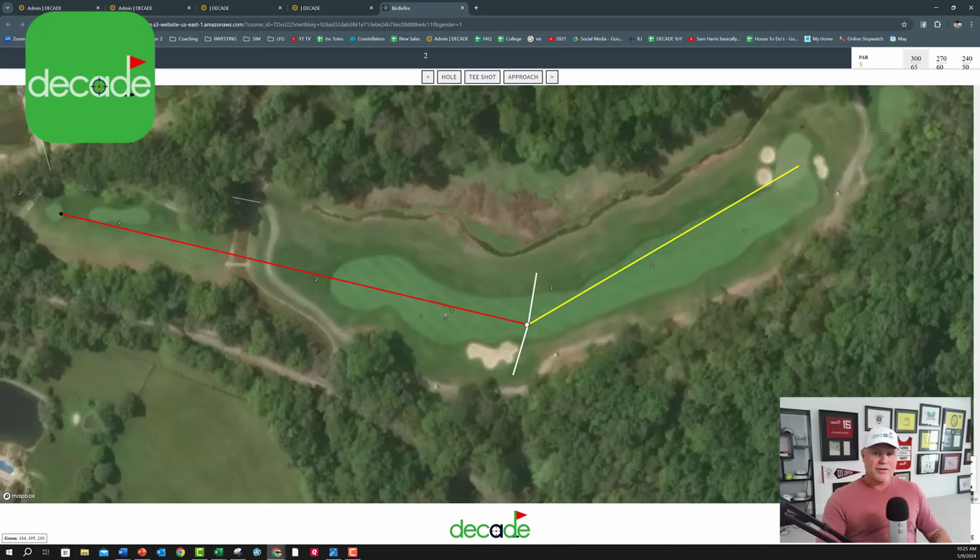So for guys that carry it over 300, this is going to be an interesting decision. They will want to potentially consider dropping back to 3-wood. So I've got that at 270 and 300. That's going to try to start removing this bunker. If we go back much further than that, like all the way down to an iron, man, there's going to